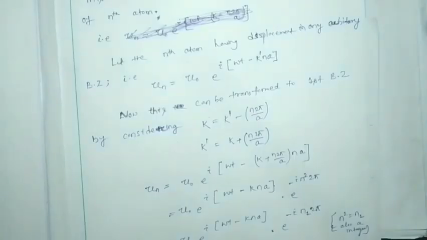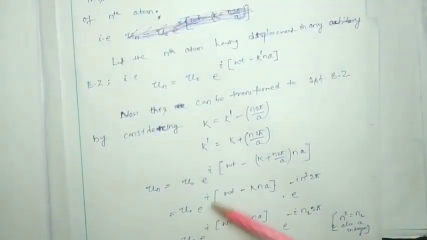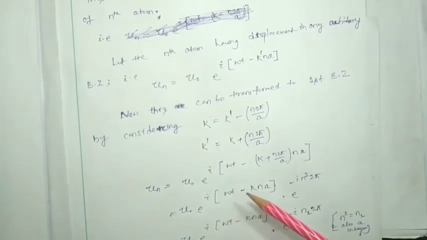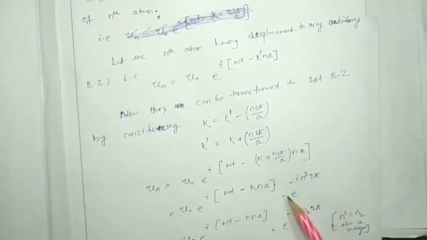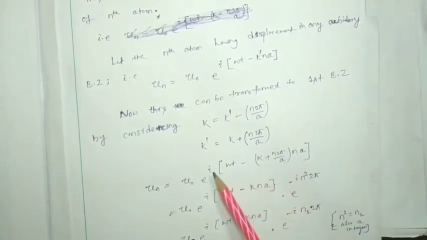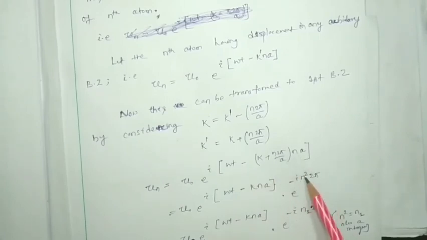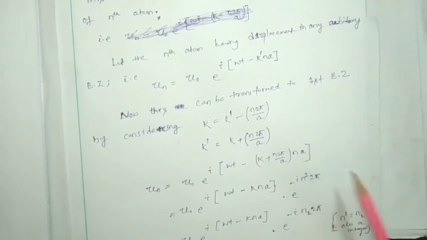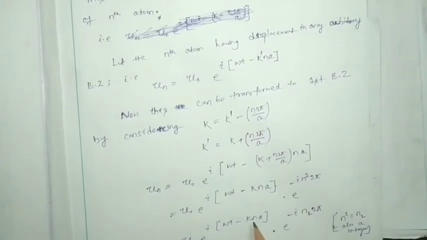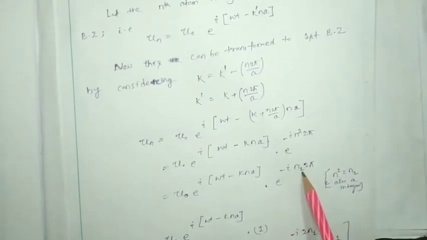u_n is equal to u0 into e to the power i(omega t minus k n a) into e to the power i (n squared a) cancel 2 pi. So here u0 e to the i(omega t minus k n a), where k belongs to the first Brillouin zone, into e to the power minus i, here I have written that n1 is nothing but n